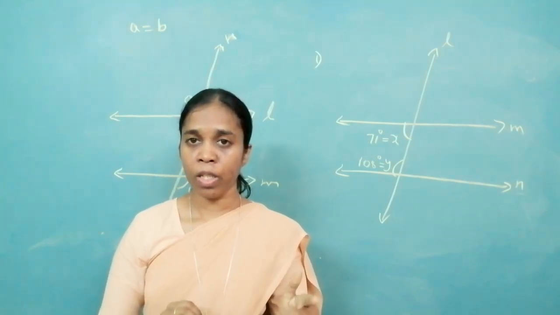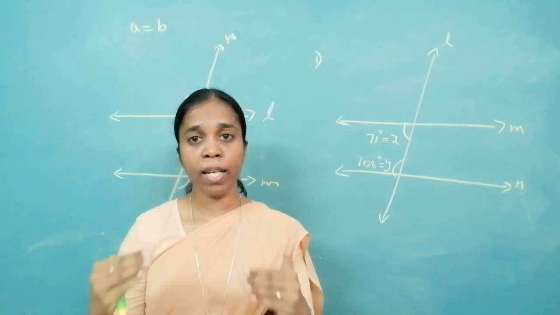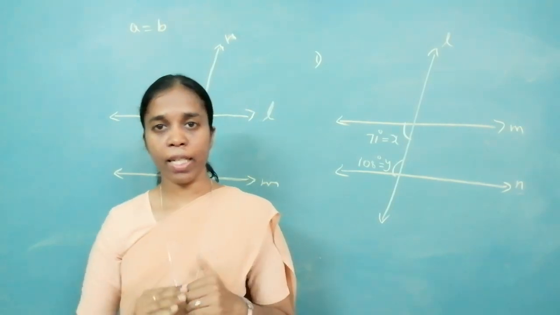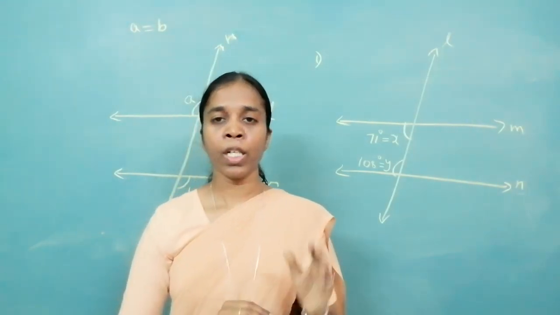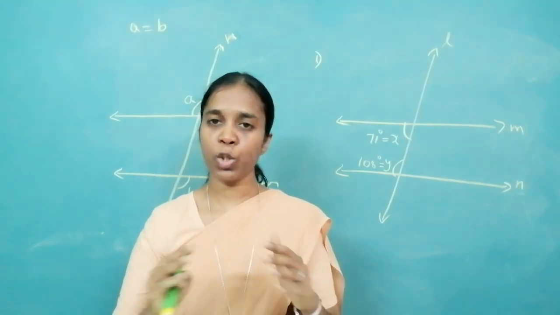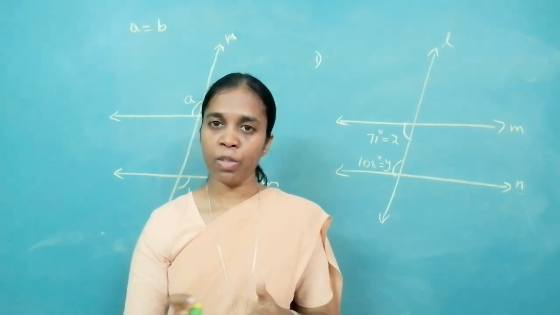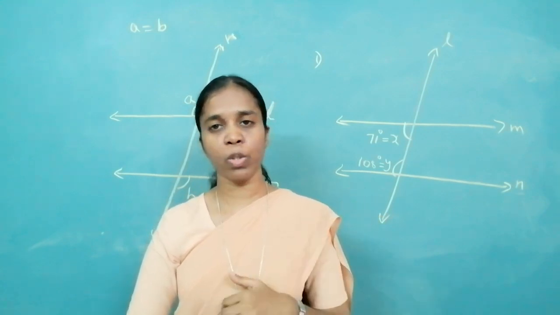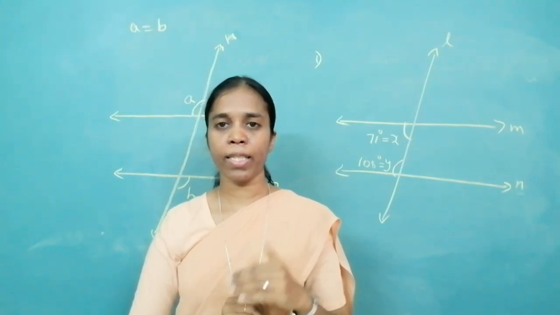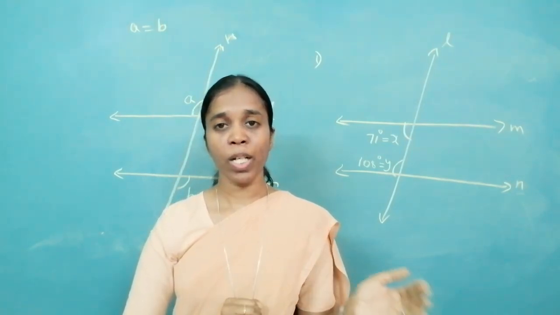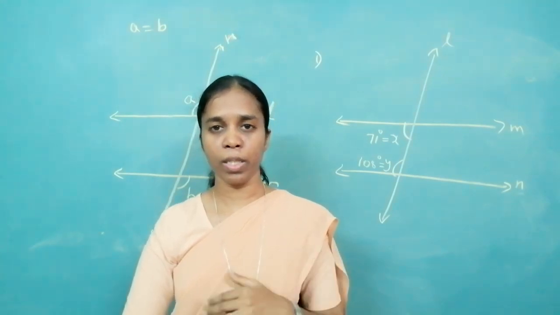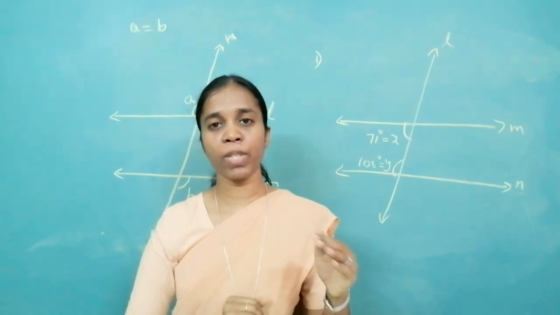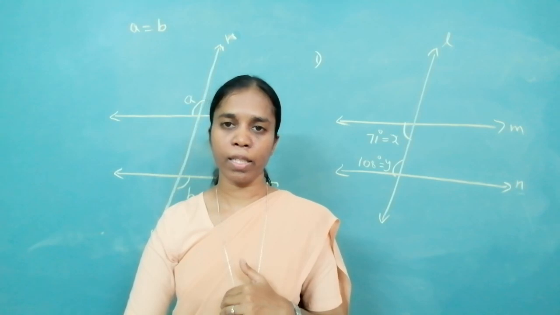So the next one: if the interior angles are supplementary, then the lines are parallel. You only learn the statement of it. You should know that if the interior angles given to you are supplementary, then the given lines are parallel. That is what Euclid's fifth postulate also spoke of. So we are not learning the entire theorem by heart. We shall do that when you come back to school, because it is a little difficult to understand. For now, you have to learn only the statement.